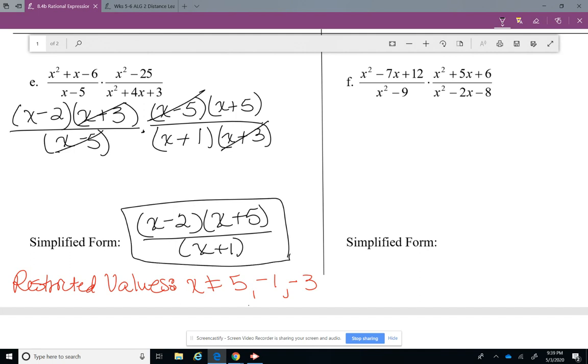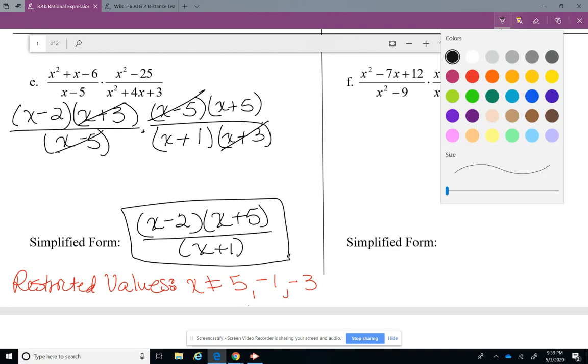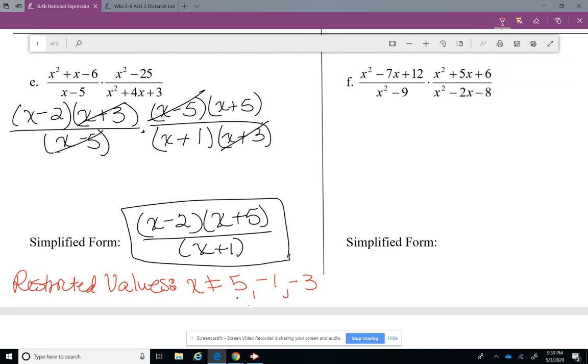And leave it just like that. Don't go multiplying everything out or distributing or doing FOIL or any of that. Not necessary. All right, let's look at F. We're still multiplying all of these, you guys. For the first one,